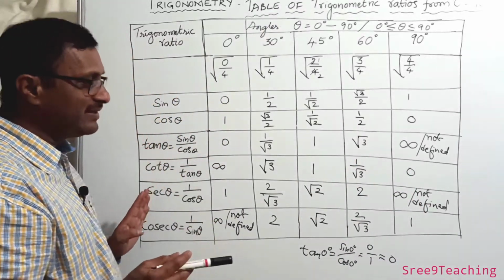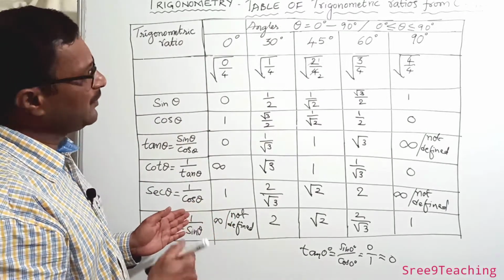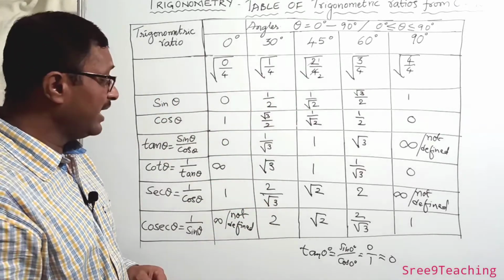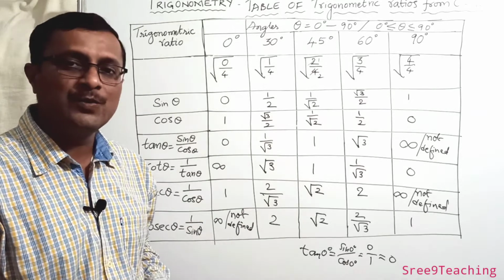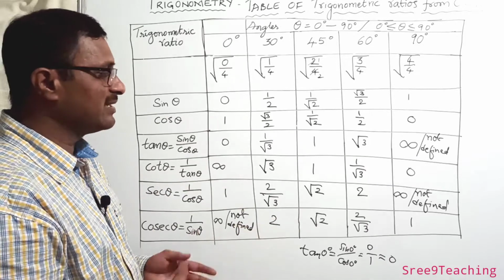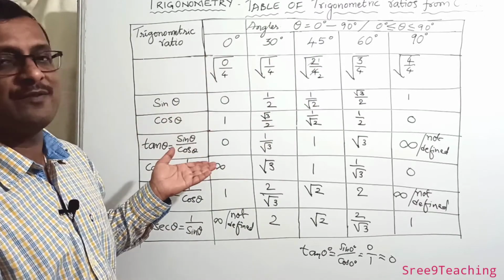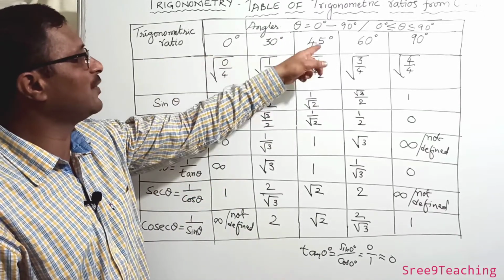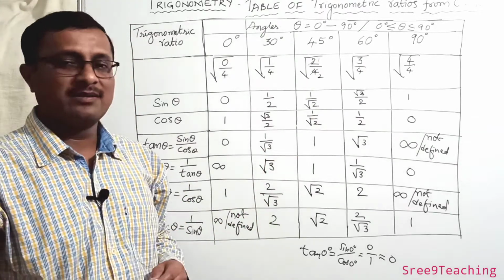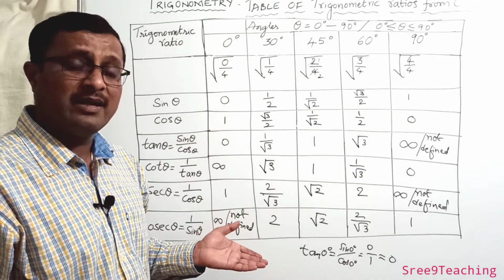So this is a trick to write and remember. You can even learn it by heart, but if you forget sometimes, you can prepare the table like this, and these values are used in solving trigonometric ratio problems. In the next exercise we are going to solve problems using these values, that is the trigonometric ratios of the angles 0 degrees, 30 degrees, 45 degrees, 60 degrees and 90 degrees. Got it? Do you understand? Please understand the values, learn them and remember.